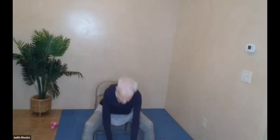Now we'll do a few more things, and then we'll go to our favorite pose, Shavasana. You might want to take a weight for this, or maybe a block, or maybe just the hands together. We're going to just chop some wood. So it's inhale, legs are wide. Exhale, going over. Inhale up. Exhale over. Let's do 8,